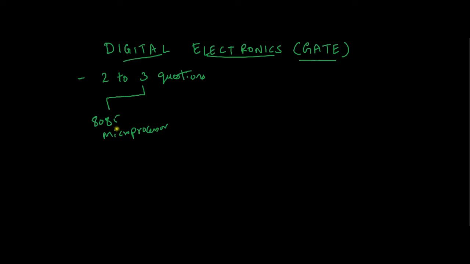So this will be simple. They may just ask what is the function of this pin, or related to address, what is the byte, how many bits are needed, etc. We'll cover this later. The next set of questions will be on different types of number systems and binary codes, that is converting from hexadecimal to binary, etc.